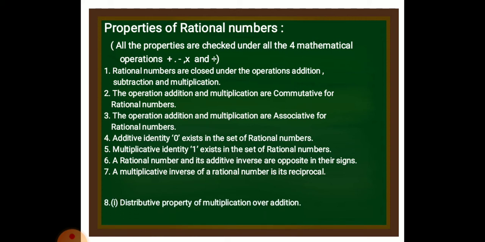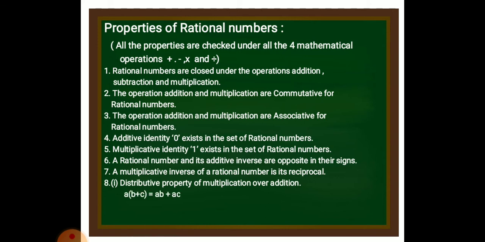And now the last property was distributive property, which was multiplication over addition, meaning a(b + c) is ab + ac, where a is equally distributed to b and c in the bracket. And the last one is distributive property of multiplication over subtraction, where a(b - c) is equal to ab - ac. That means a is equally distributed to b and c. So these are all about the properties which you have to remember, understand and reproduce whenever required.